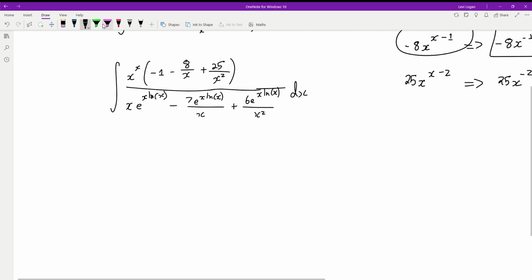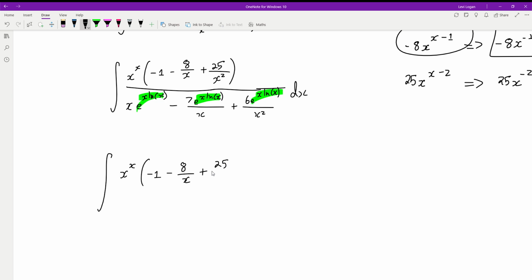Righto, now what we're going to do is try and factorize something in the bottom there. If we can see in the bottom, what is common in all of them? This term here. So we can factorize that out as well. So we have the integral of x to the power of x on negative 1 minus 8 on x plus 25 on x squared, multiplied now